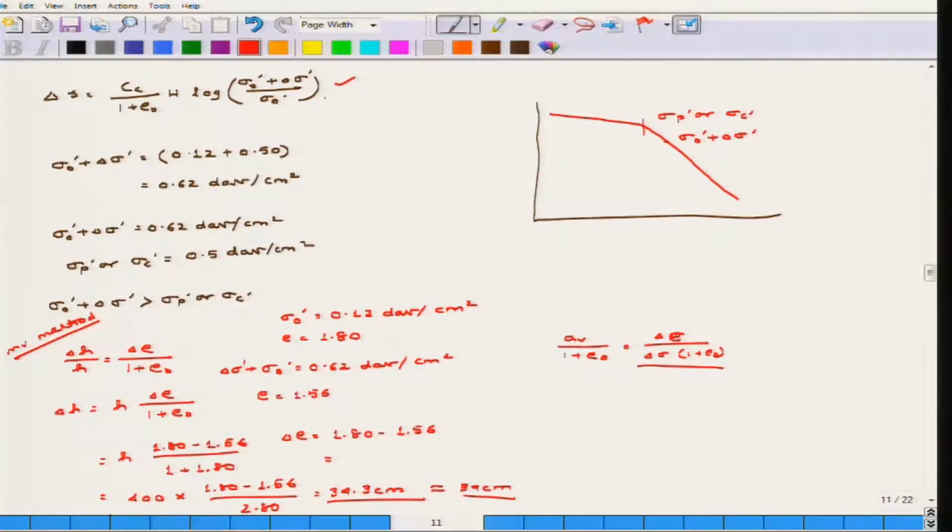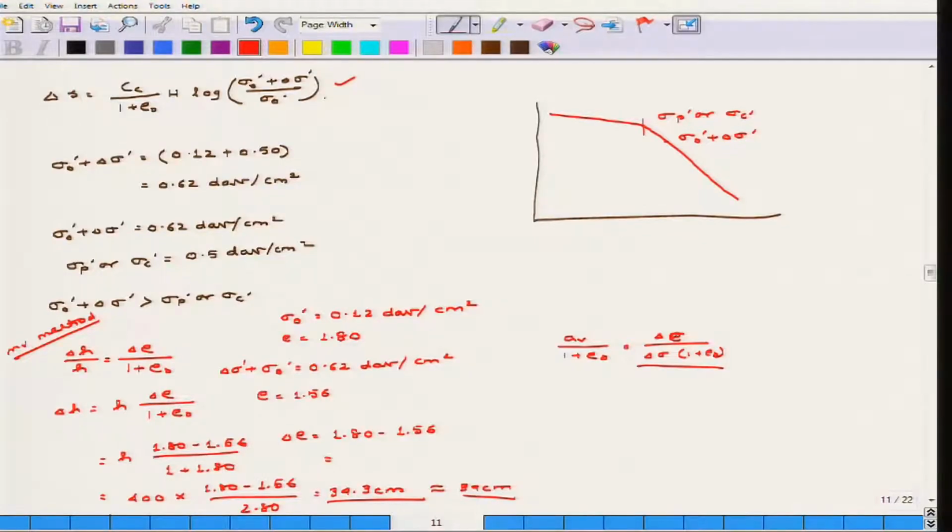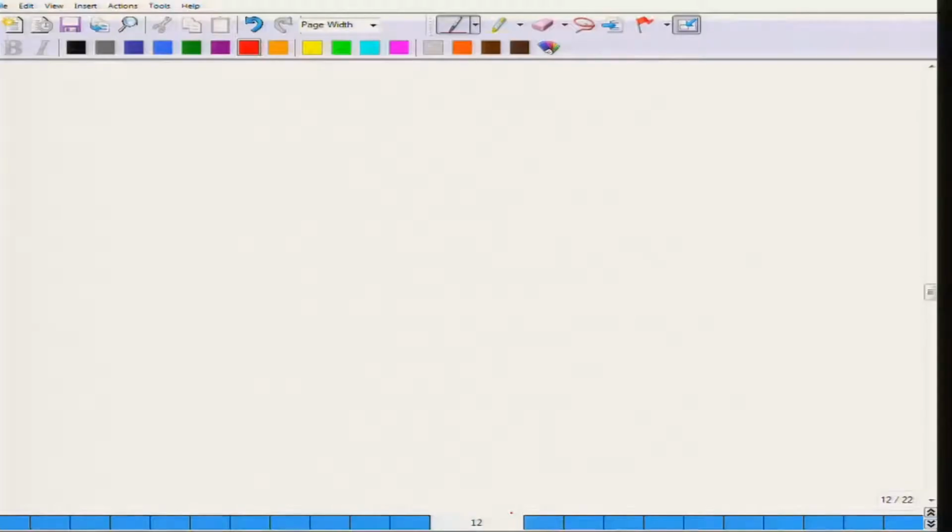So this is the best way in which you can find the settlement. In order to find out if there was a pre-consolidation settlement previously, or if this was less, then in that case you have to refer back to this definition of settlement. That means you have to find the pre-consolidation settlement first, then move to the virgin consolidation settlement, and add them together to find the total settlement. Now moving to the final question,